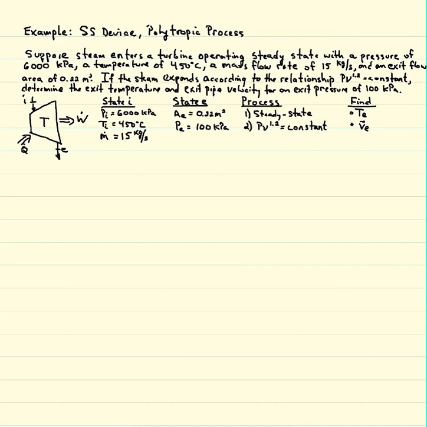Now, we're not quite far enough along yet to know how to use conservation of energy or the entropy equation for this type of problem, the turbine problem. We need to first learn a little bit more about work processes, but we can certainly use the conservation of mass equation. And so if we just go ahead and start to write out our solution,